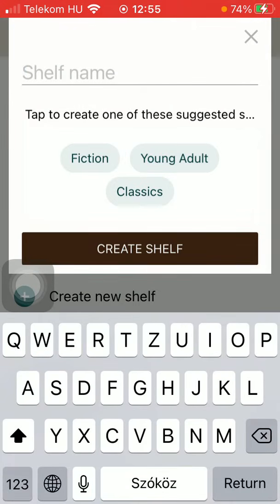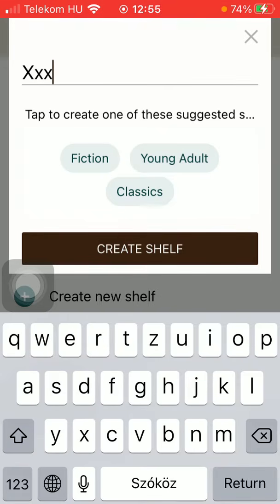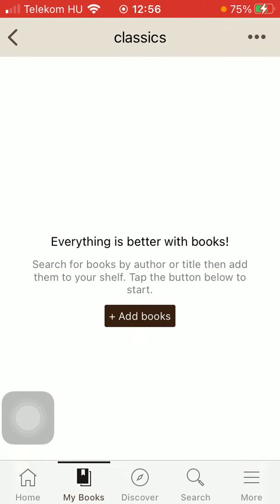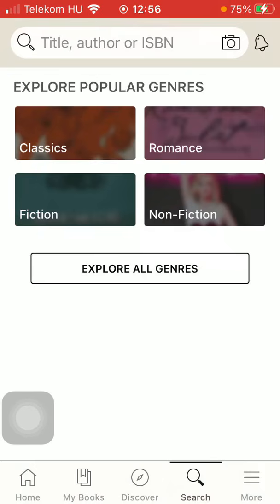First of all, you need to type in the name of your new folder. And then you should click on one of these suggested genres or aspects that relates to your folder the most. So click on it. And then you have created this new category, so you can add books,